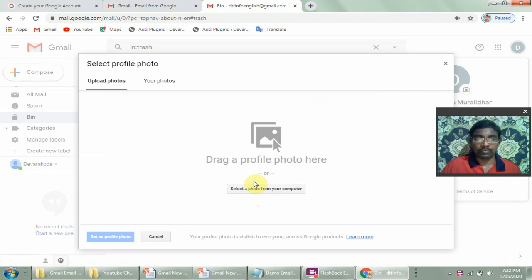Otherwise you can drag and drop your photos here. So in any way you can do it here. So I'm going to drag and drop the picture here.